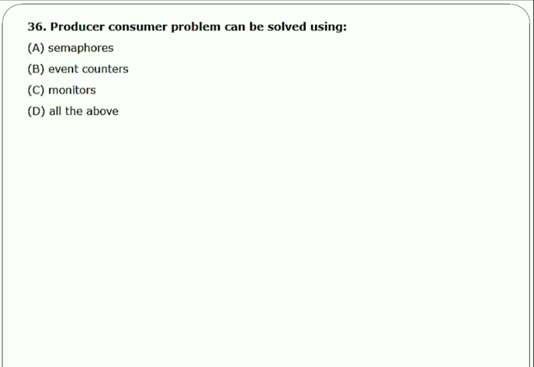The producer-consumer problem can be solved using which of the operations? Semaphore, event counters, monitors, or all of the above. This is the 36th one, right? So here the option is all of the above. This producer-consumer problem can be solved using semaphores and